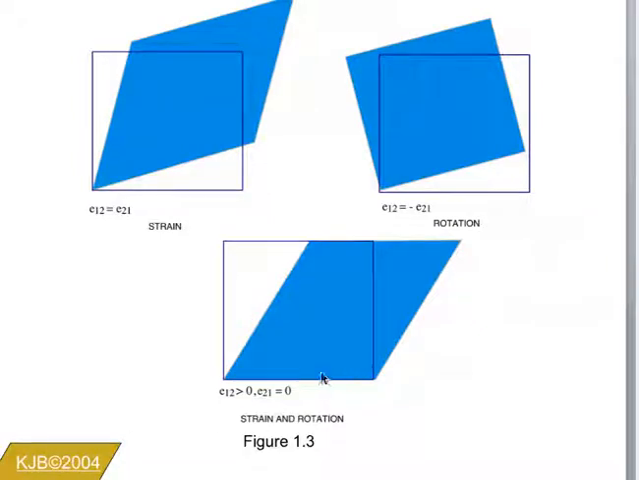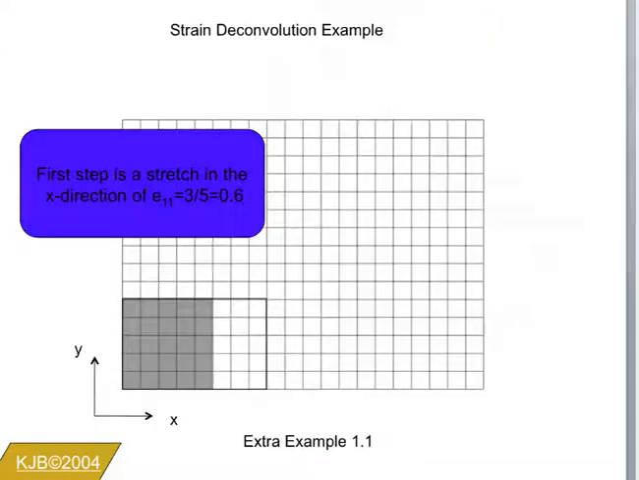Example where we can show these strains and actually represent some of the terms for strain individually. So this is an example of how to deconvolute a set of strains. We're going to take the same set of axes as used in the prior example and see if we can define things. So we have x and y, and the first thing that we've done is we've just taken what was initially a shape that was defined by this square here, right, and we've stretched it along the x-axis,